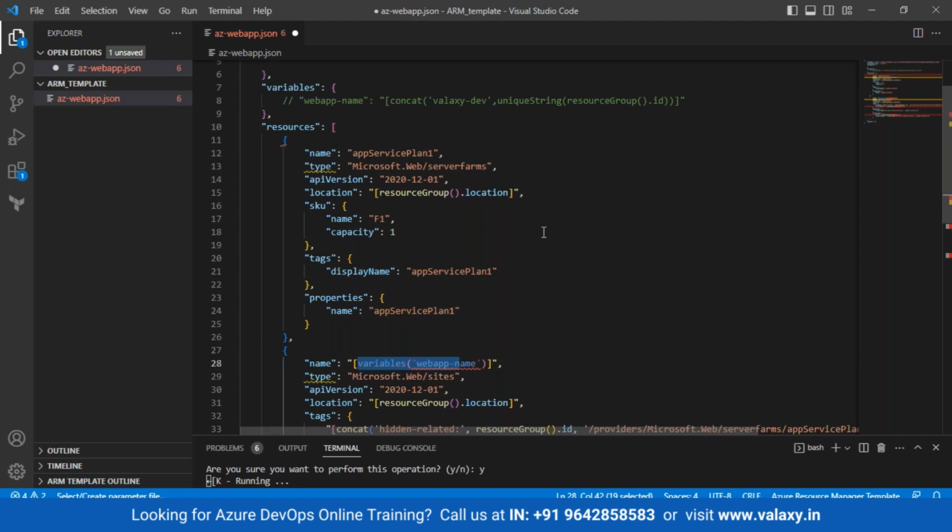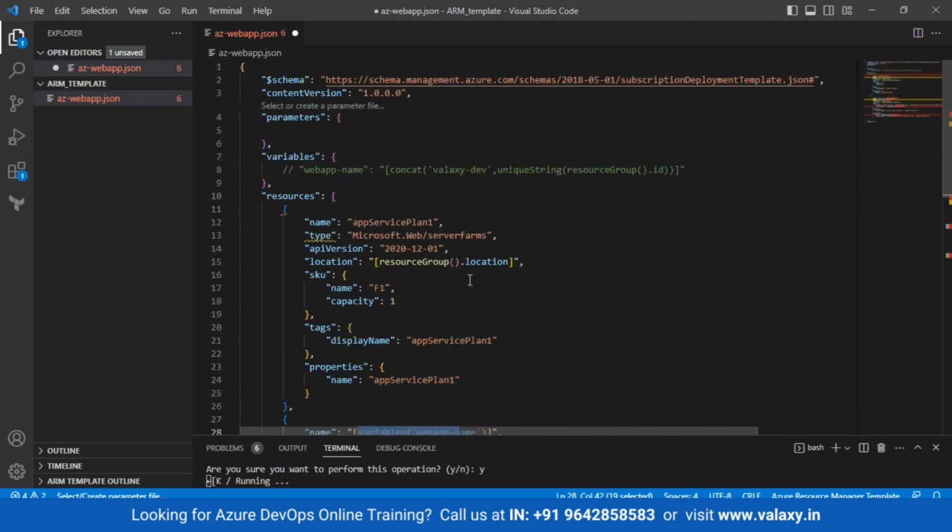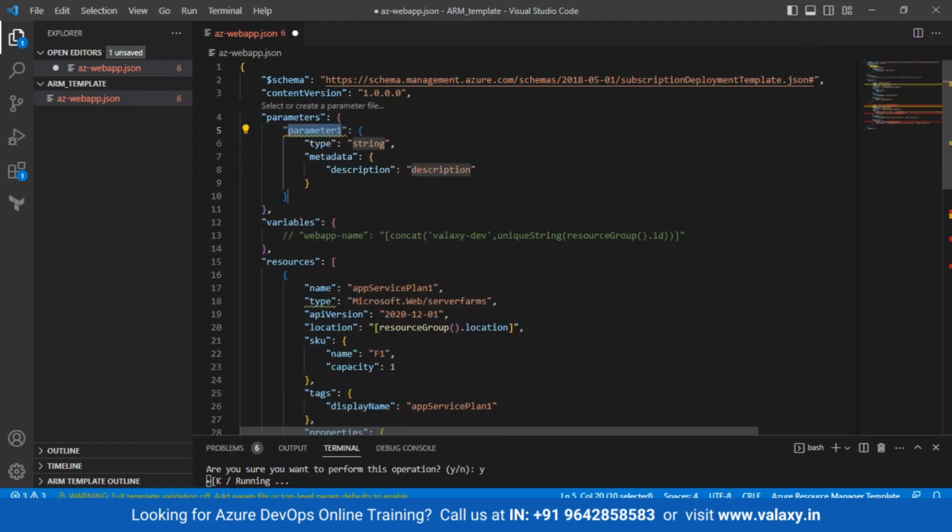You don't need any randomly generated values, but you definitely need values which can be assigned when you are executing the pipeline at runtime. At that time, if you want to assign a value, you can assign it. So let's go and define parameters. The first parameter I can define is the app service plan name. If you just type n over here, it will add new parameters and all these things will be added automatically. You can just give the name as